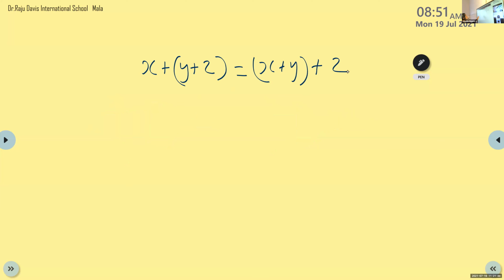That is, first we find this y + z, after that we add the result with x. And in the second case, first we find this x + y, after that the result is added with z. The result is the same for both these Boolean expressions. That is the associative law. Okay.